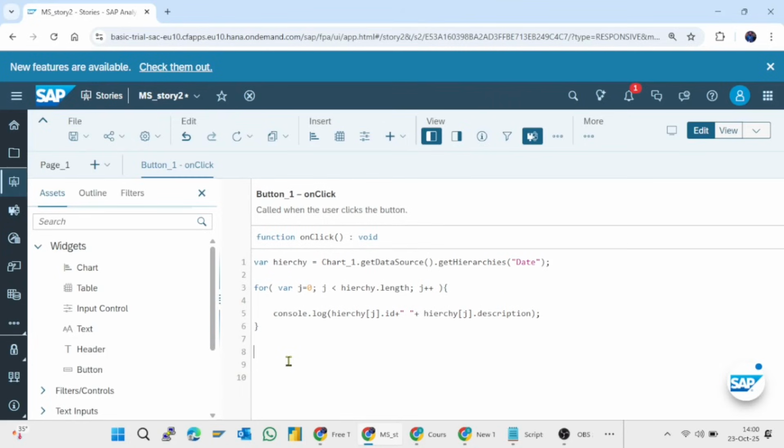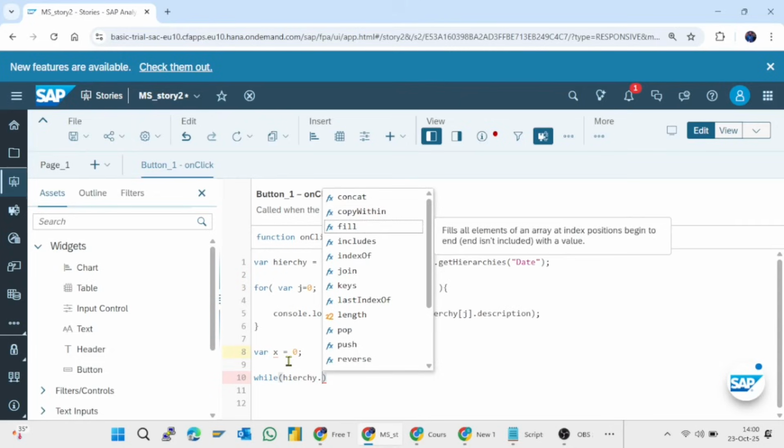So this is where we have to use the while loop. So I will use the while, and then I will check the length. Let's first declare the variable x is equal to 0. Let's first initialize it with the value of 0, and here we will check the length of our array, that is hierarchy dot